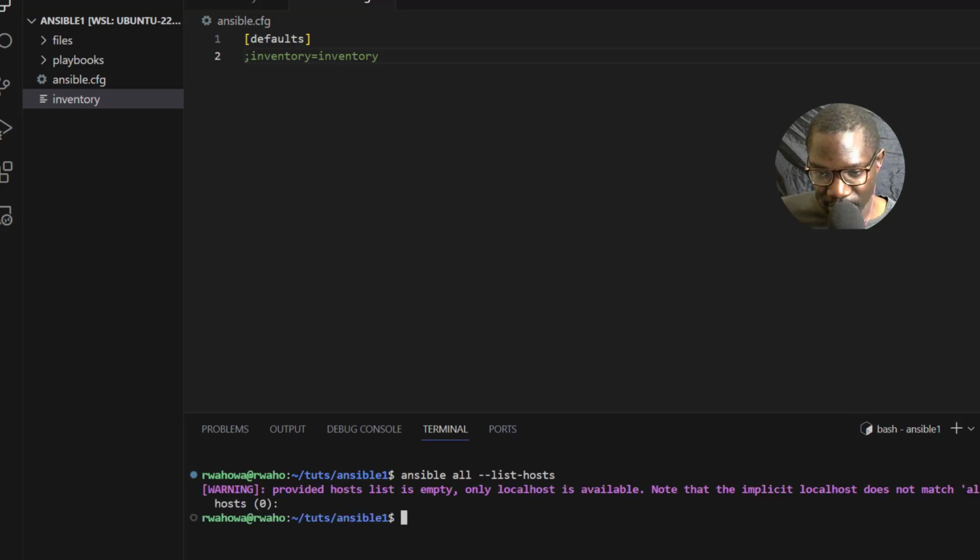Now you can see it cannot identify our inventory file. But if we uncomment this, we can let Ansible know where our inventory is. Inventory is equal to that. So we'll uncomment and save.